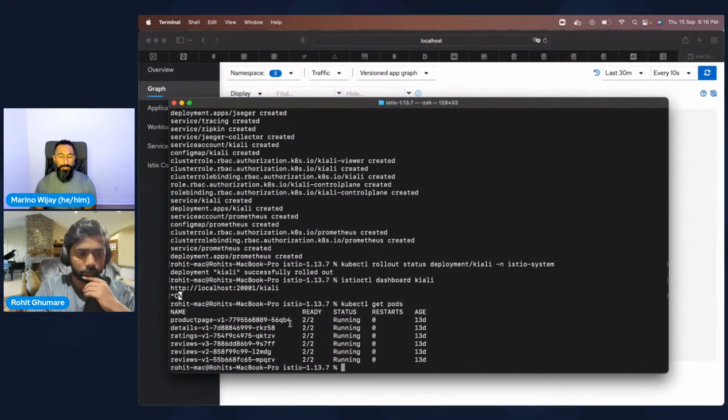Okay. In normal deployments, when you start out with Kubernetes, you deploy an application, you'll only ever see 1 out of 1 under the ready column. Most of the time, you'll see that. When you deploy Istio or a service mesh, you'll see 2 out of 2, especially if the namespace has been